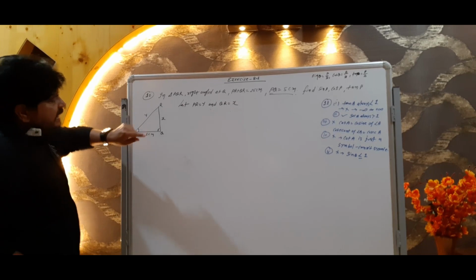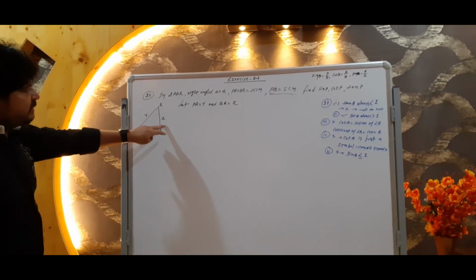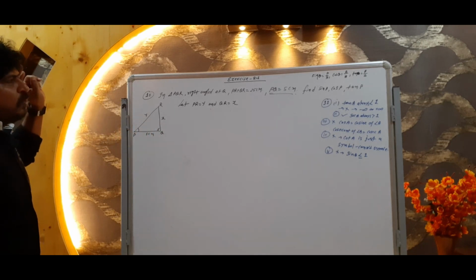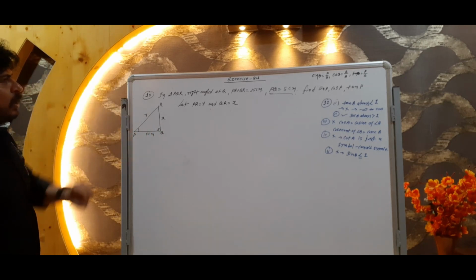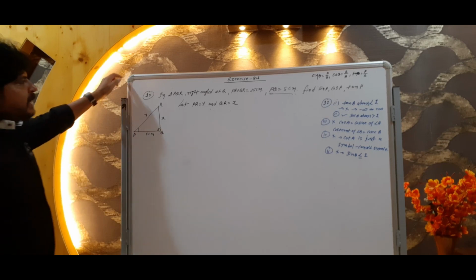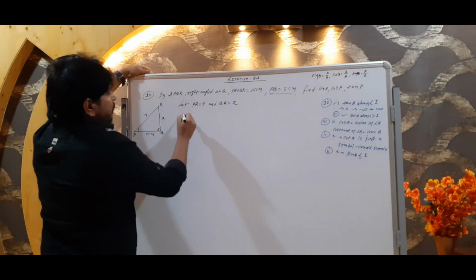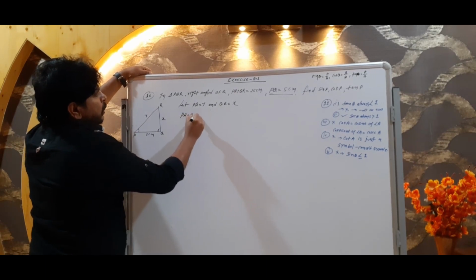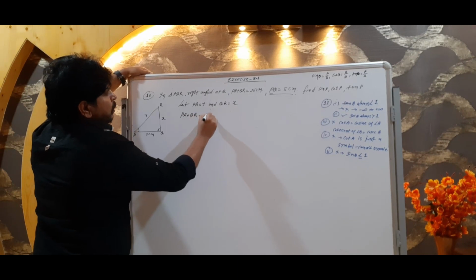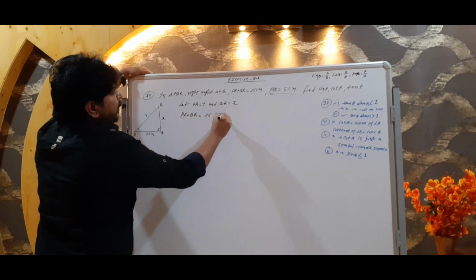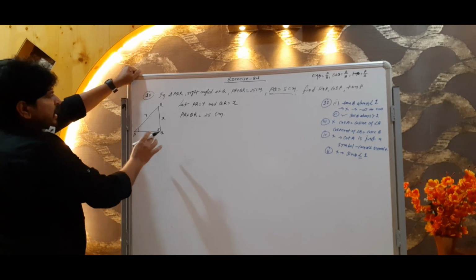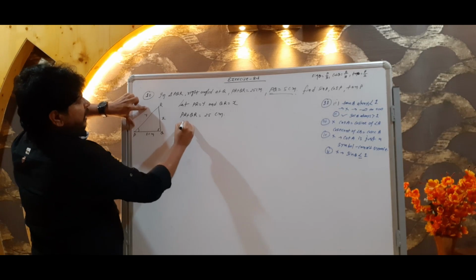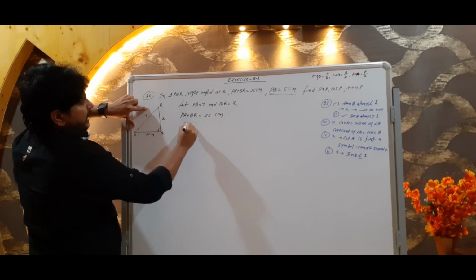Now we have three sides: 5 centimeter, X and Y. Now in any condition we have to find out the value of X and Y. What to find? Value of X and Y. Not an issue. Now what is given? As per the condition given, PR plus QR is equal to 25 centimeter. Right? Now let's see here. PR, what is the value of PR? If you see here, then Y. Am I right?